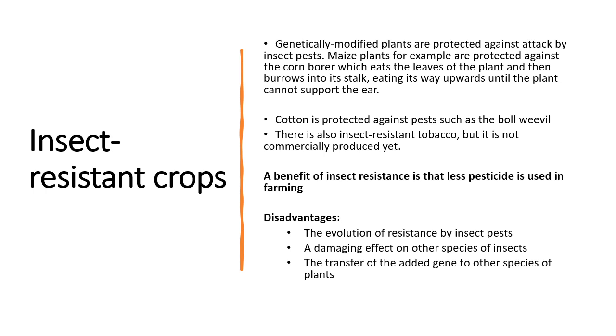We also have insect-resistant crops, and this is something that many people might not be aware of, that you can genetically modify plants to prevent them from being attacked by insects. For example, if you're a maize farmer and you plant maize, you're probably aware of different insects that affect maize. An example is this insect called the corn borer, and what it does is that it eats the leaves of the maize plant, and then it also bores into the stalk of the plant itself. By boring, what it means is that it sort of digs a hole into it and it eats into the entire plant.